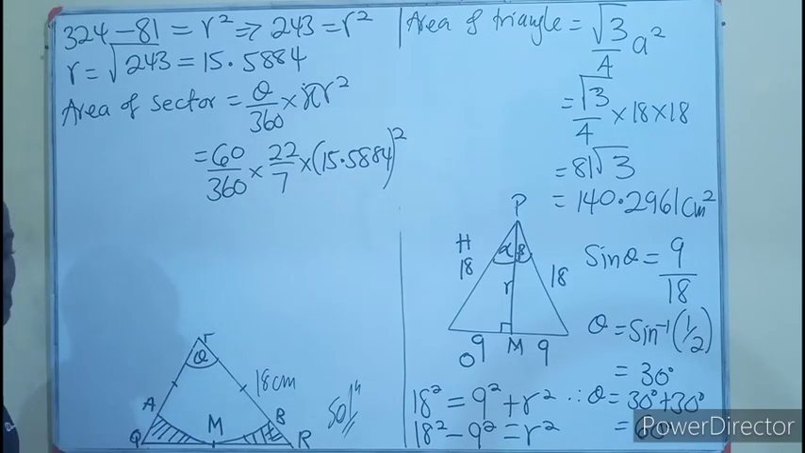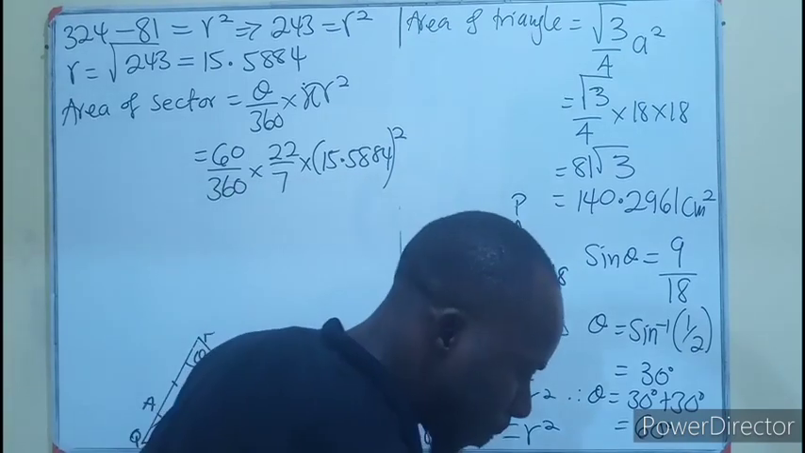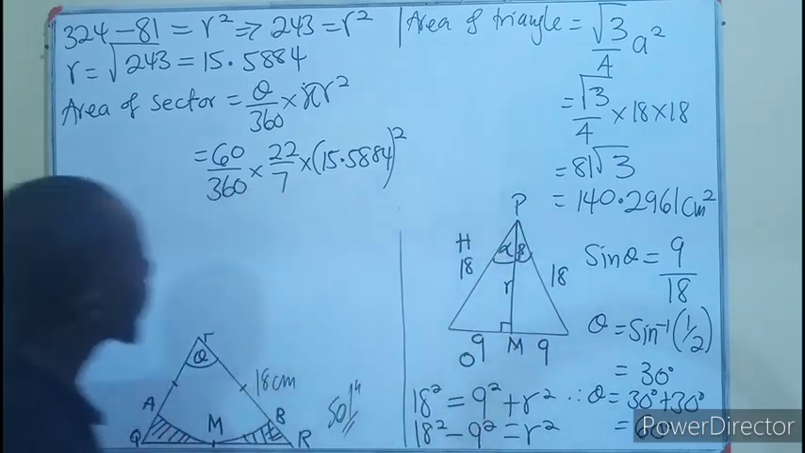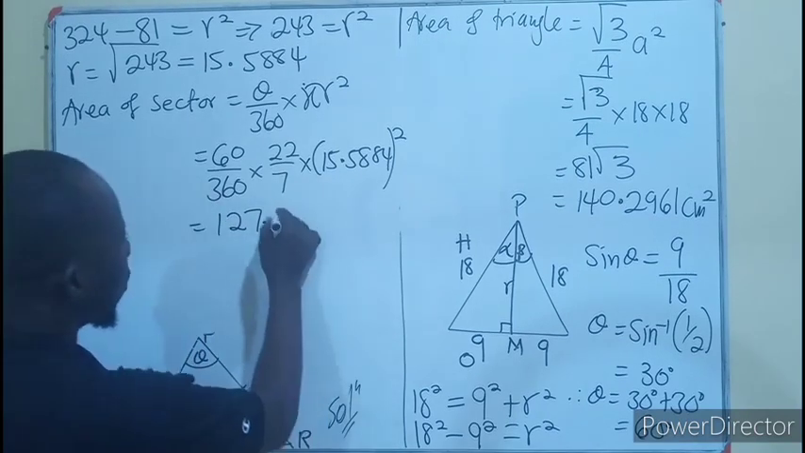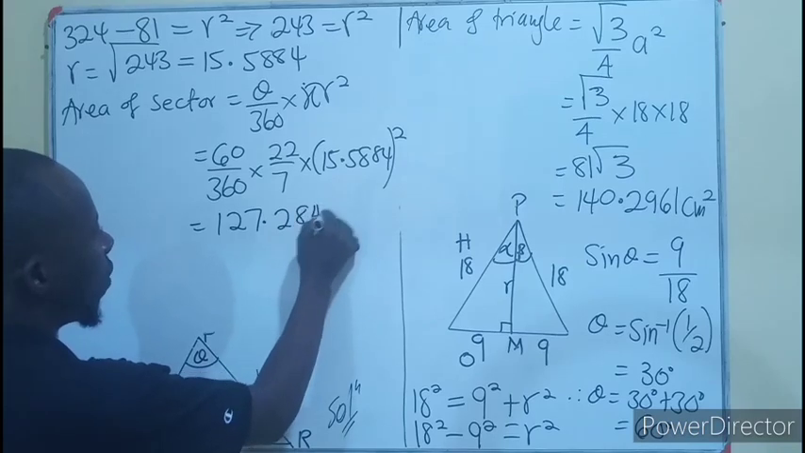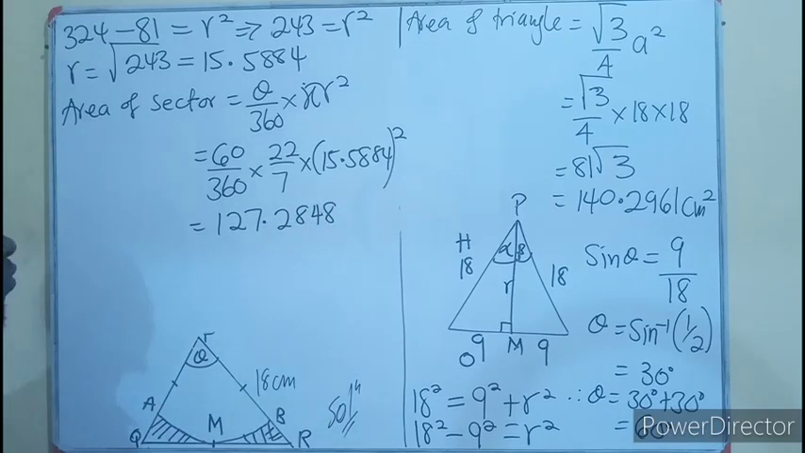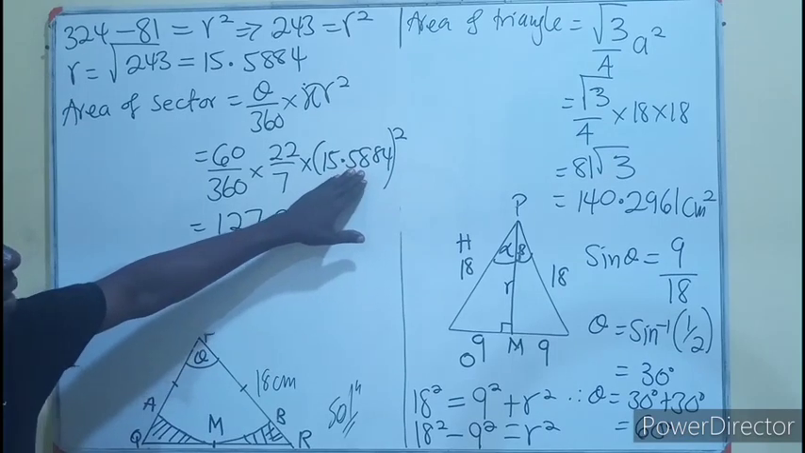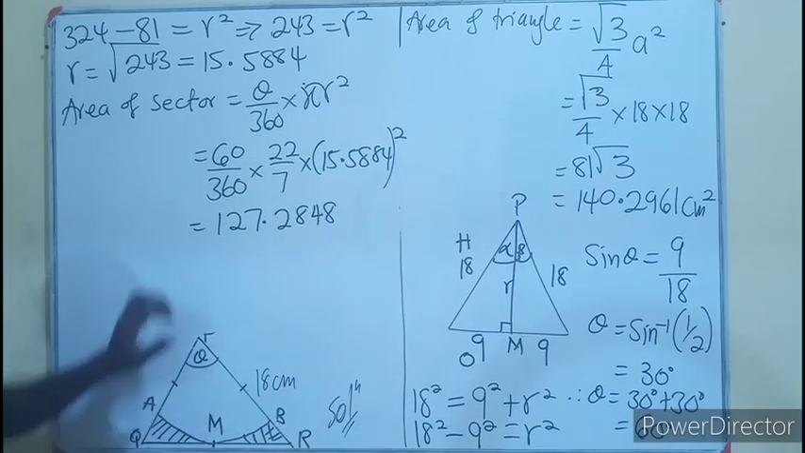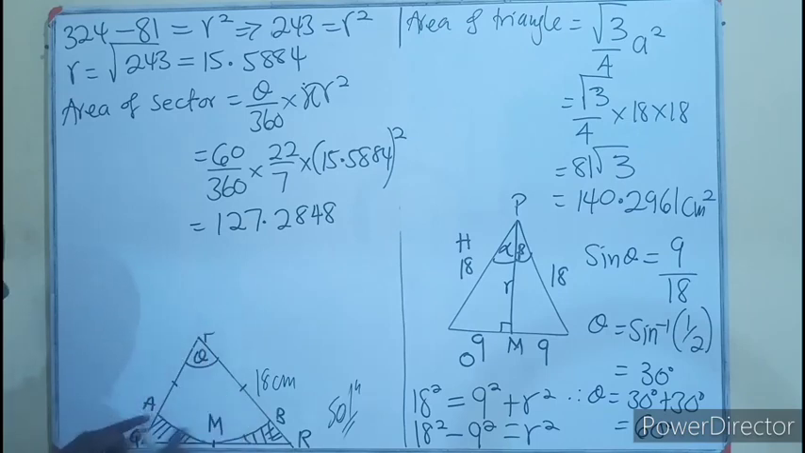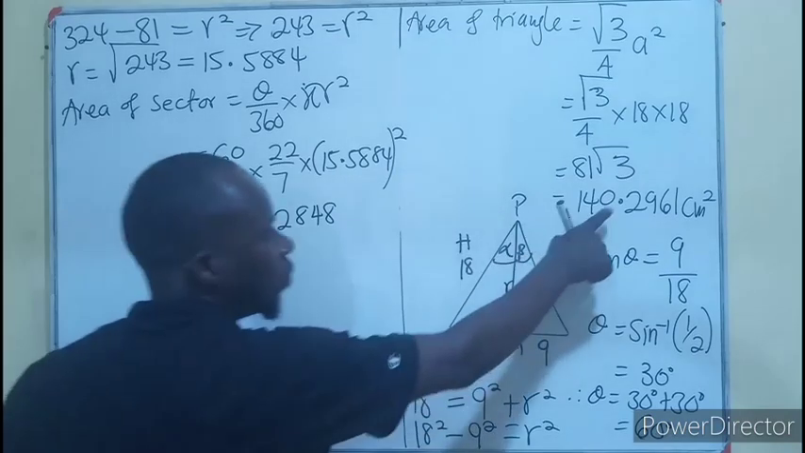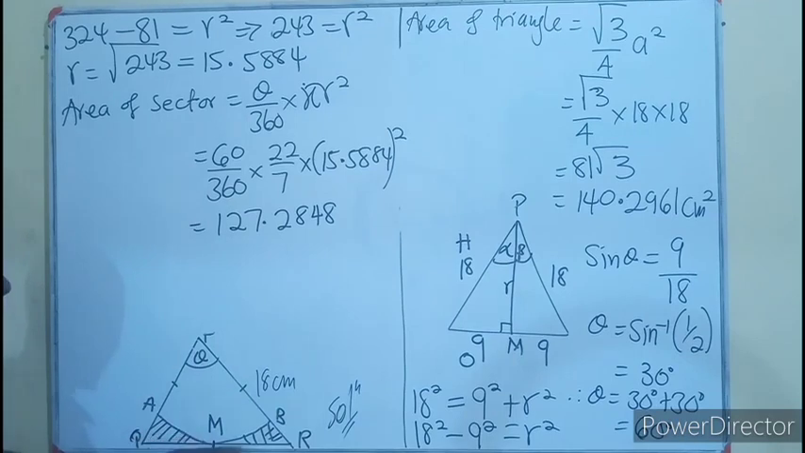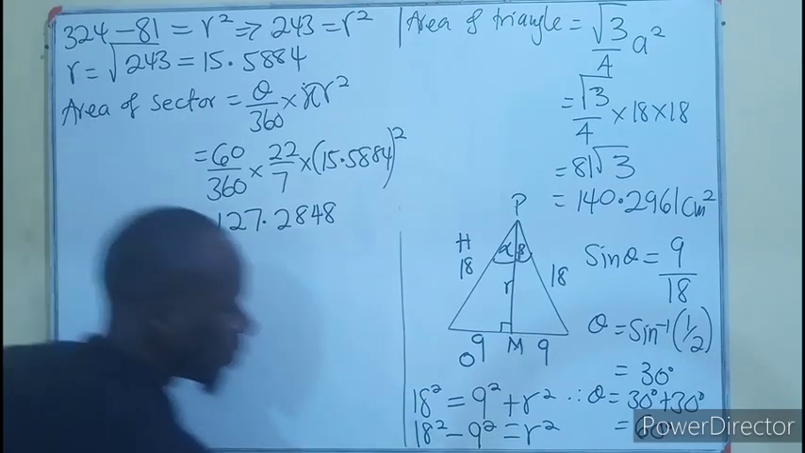We put it all together in the calculator to have the answer as 127.2848. That is to 4 decimal places. See, this is 4 decimal places, and that is also 4 decimal places. So the area of the sector PAB is known. The area of the triangle PQR is known. Therefore, finding the area of the shaded region will just be